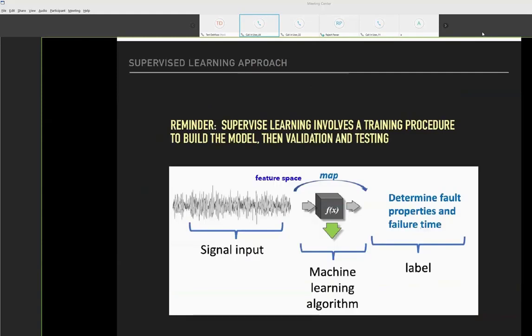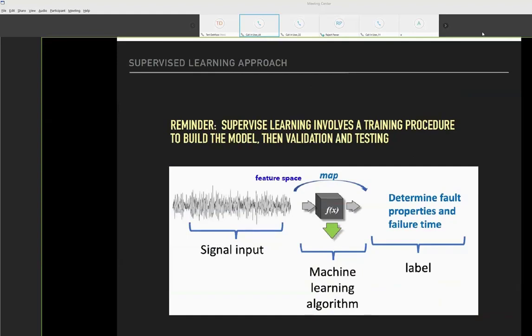Now, in applying a machine learning approach, in this case specifically a supervised learning approach, I want to remind those of you who are familiar with machine learning, and those of you who are not, I want to walk you through this. In this specific instance, we take the seismic signal we're recording and we pose the question: is there information contained in that signal regarding the fault properties at any given time, and specifically slip or shear stress on the fault? And so we extract a feature space from that signal.